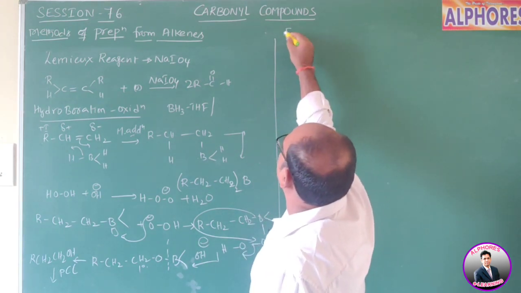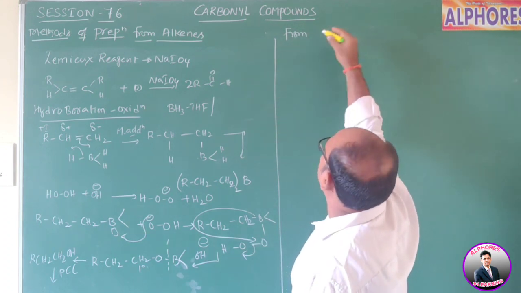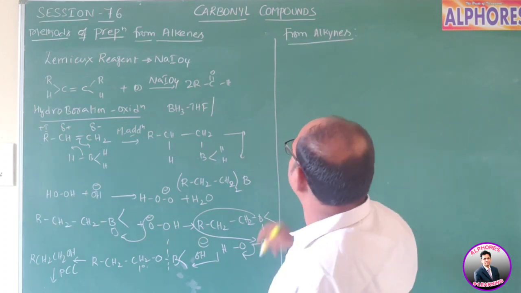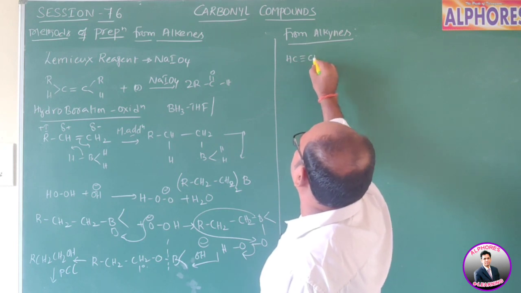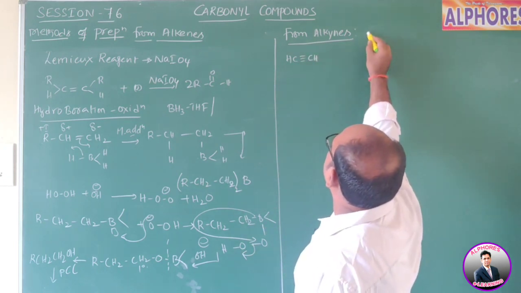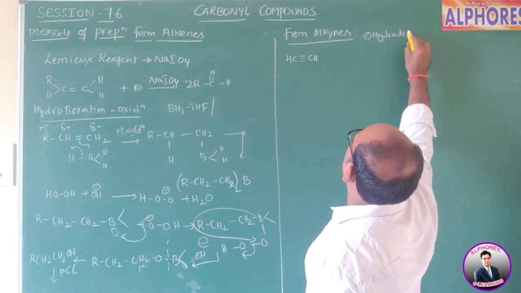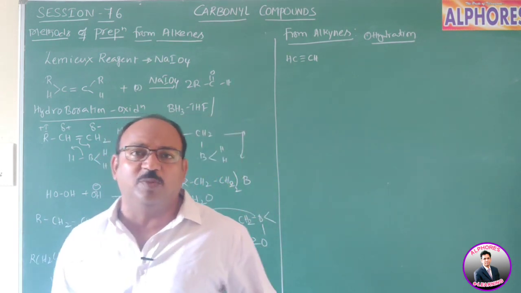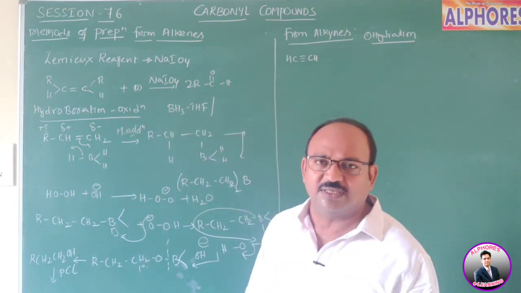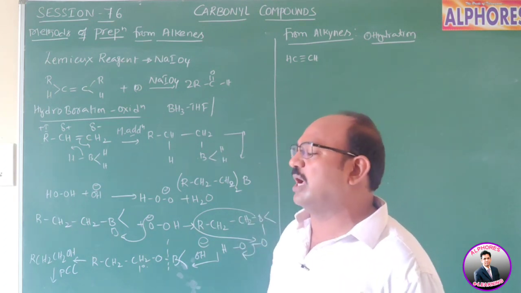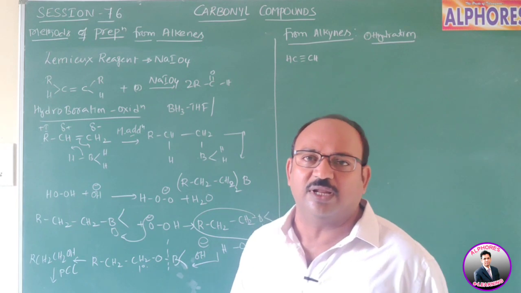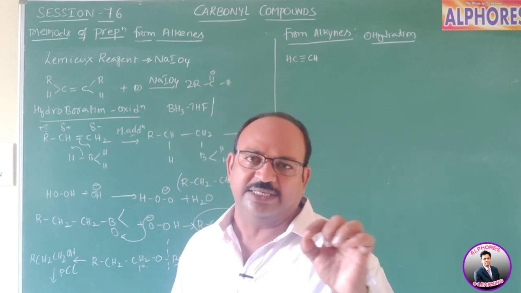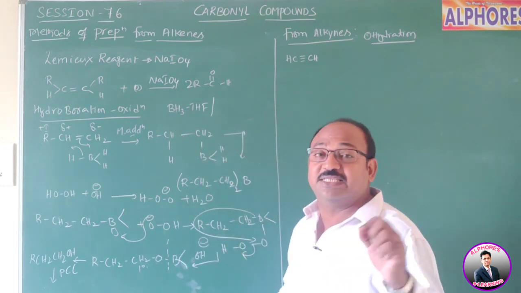Now, methods of preparation of carbonyl compounds from alkynes. In alkynes, the first member is ethyne, and the first method is hydration. As we know very well, alkenes and alkynes are less soluble in water because their polarity is very low, and we can simply say they are non-polar. Being non-polar compounds they are insoluble in water, but we can make them react with water simply by using a catalyst, an acid. Here we are using Hg2+.